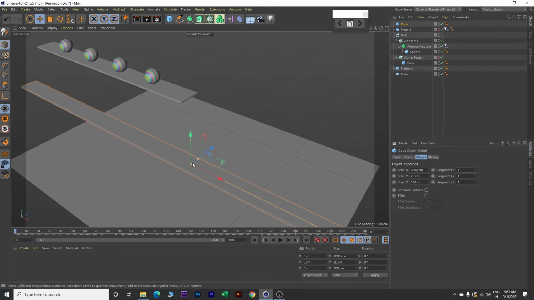Next I will make a copy of this platform. So click on this cube, name it, so double click and type horizontal track. Now click on this track, copy it by clicking Ctrl+C and paste by clicking Ctrl+V. Now click on this newly created horizontal track, double click and rename it to vertical track.